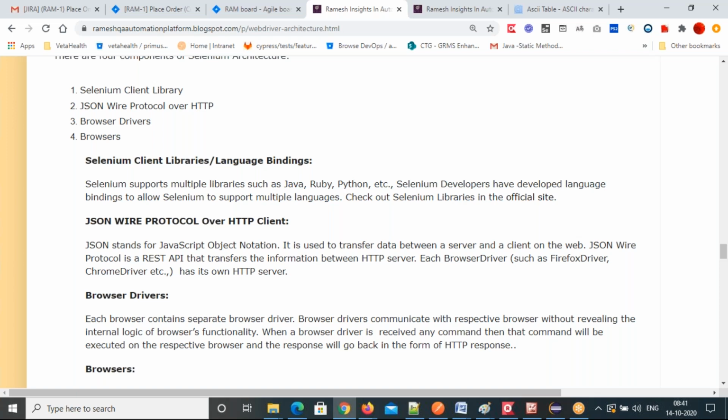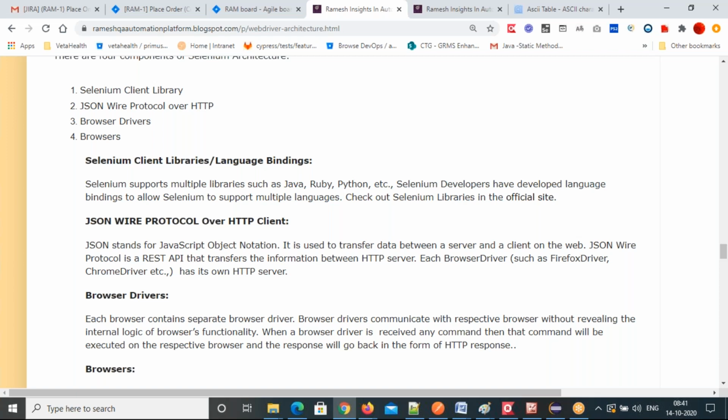Each browser has one driver class, like the Firefox driver class, Chrome driver class, Safari driver class, Internet Explorer driver class, Edge driver.